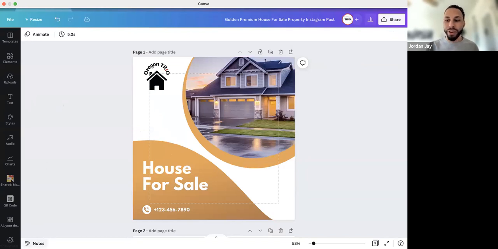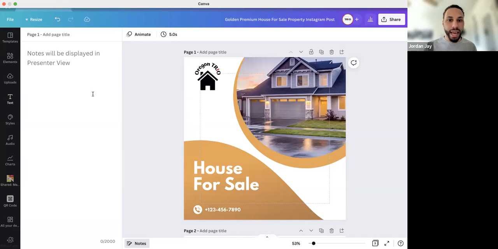And there's also presenter notes here on the side. This is great for a presentation like this one, if I had notes that I wanted to put in there that would only be accessible to me. You can present within the app, and then these notes will pop up. I also use the notes section sometimes just to remind myself of what I was working on. If I have a project and I leave it unfinished, or if I have an idea that I want to do in the future, then I'll just jot it down in there.